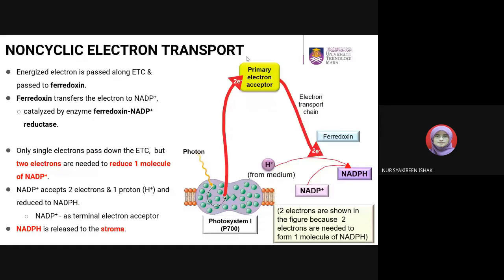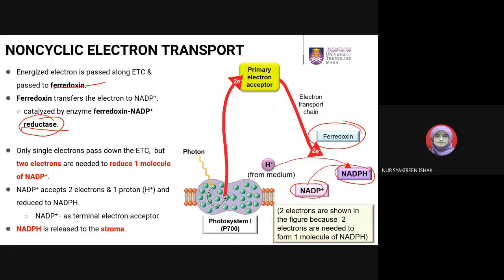Okay, so the energized electron is passed along ETC and to ferredoxine. Okay, ferredoxine. So ferredoxine transfer the electron to NADP plus, catalyzed by the enzyme ferredoxine NADP plus reductase. Okay, reductase. Dia akan reduce. Sebab apa dia akan reduce NADP plus becomes NADPH. Okay, so only a single electron passes down the ETC, but 2 electrons are needed to reduce 1 molecule